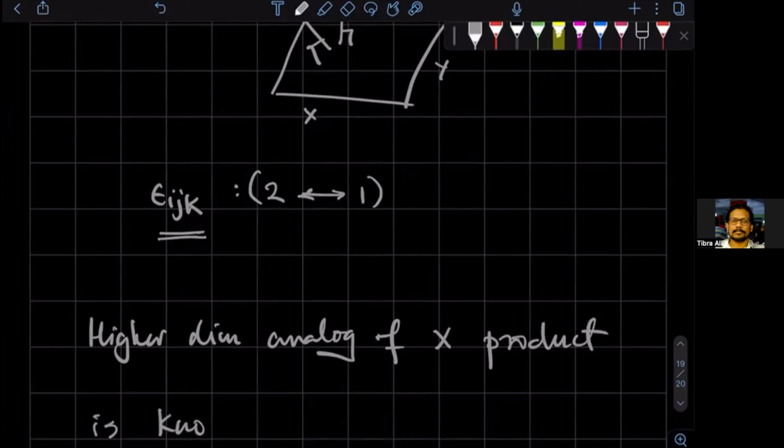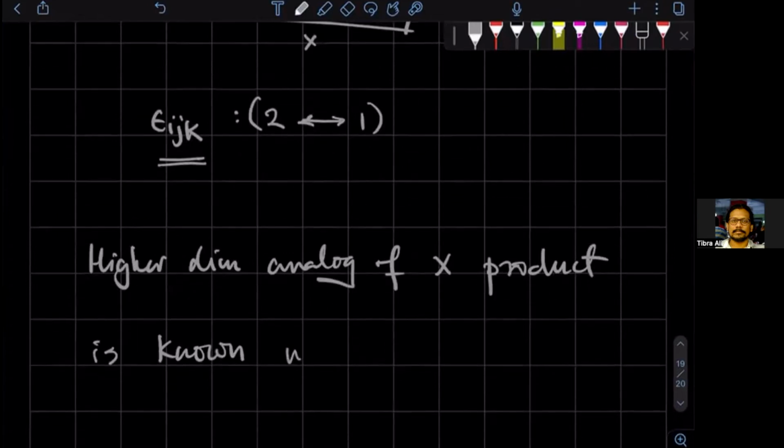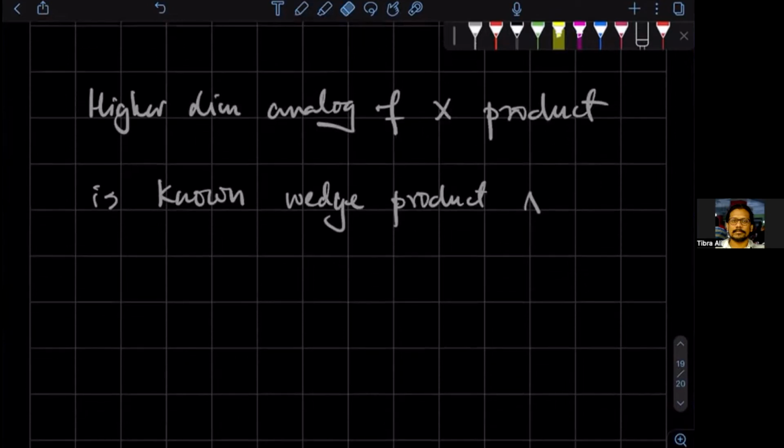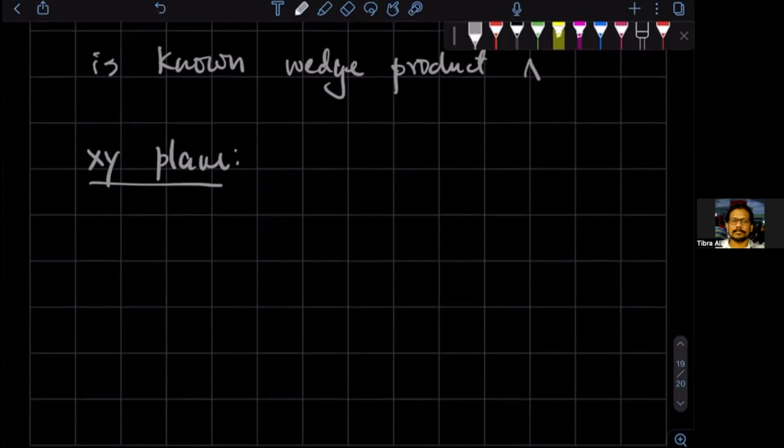This is called, as a side note, a wedge product. It is denoted by this symbol, and it's related to differential forms and things like that, but we won't go there. So let's look at this rotation. In the XY plane, a typical rotation is going to look like,